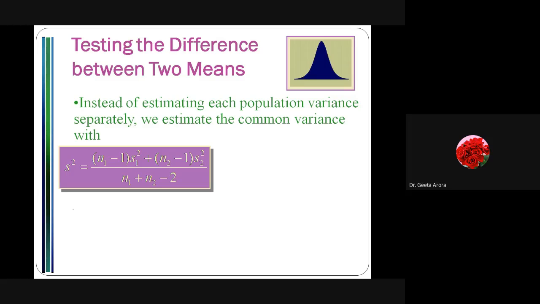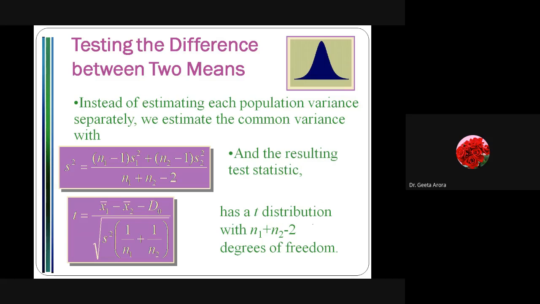If you remember, in the Z test we took x1 bar minus x2 bar divided by the square root of sigma 1 square by n1 plus sigma 2 square by n2. So the first thing is, here we do not have sigma 1 and sigma 2, we have s1 and s2. And what we are doing is assuming that the population standard deviations are the same, sigma 1 is equal to sigma 2. So we are going to calculate a common variance instead of taking S1 and S2 separately in the denominator. Correct? So this is the formula we have.